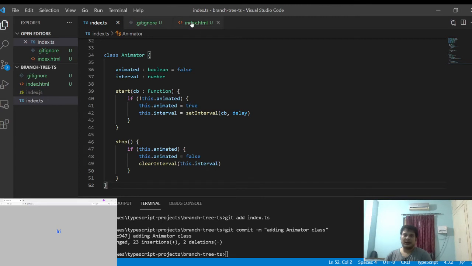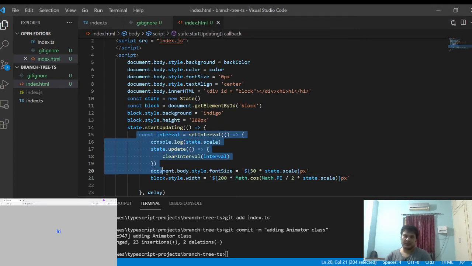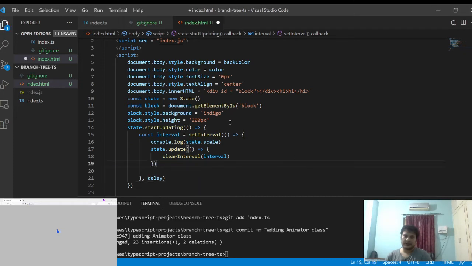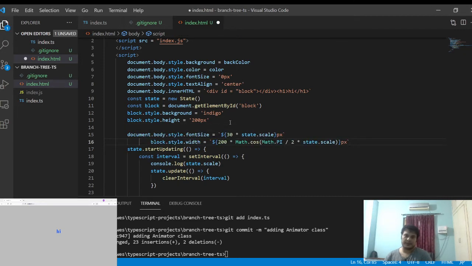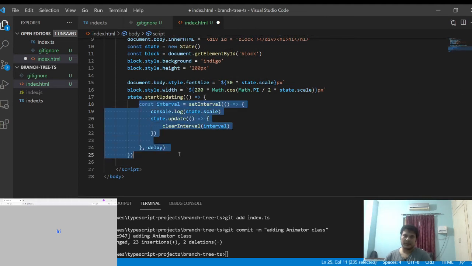Now I'll try to use it in index.html. Whatever code I used, I'll copy this code over and remove this code completely.